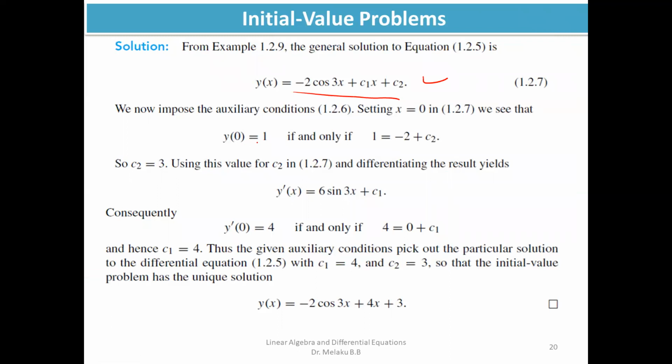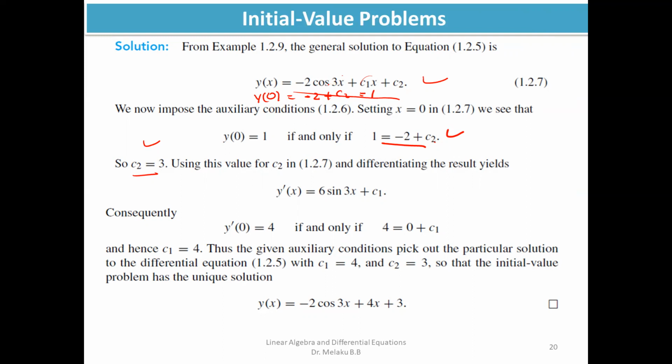like this. When x is 0, y at 0 is equal to this will be minus 2, because cos 0 is 1, plus C1 times 0 is 0, this will be C2. And y at 0 is 1, so this is correct. From this we can obtain C2 is 3. Similarly, from the first derivative of this general solution, the first derivative of y is